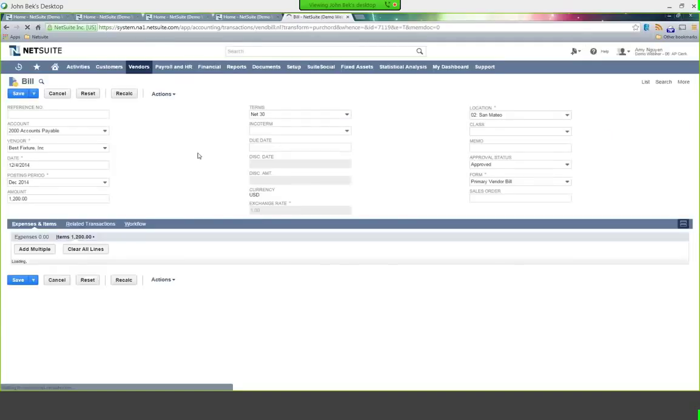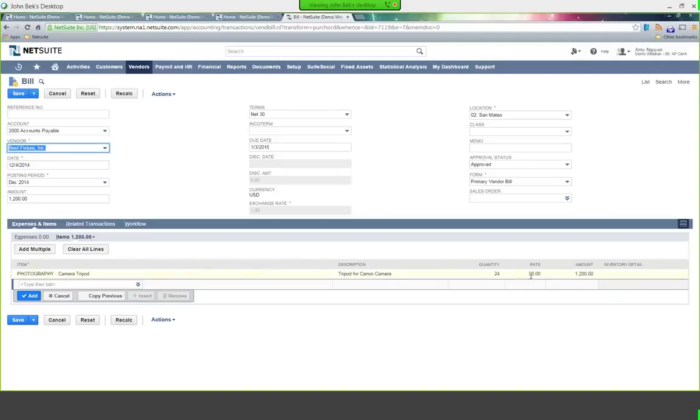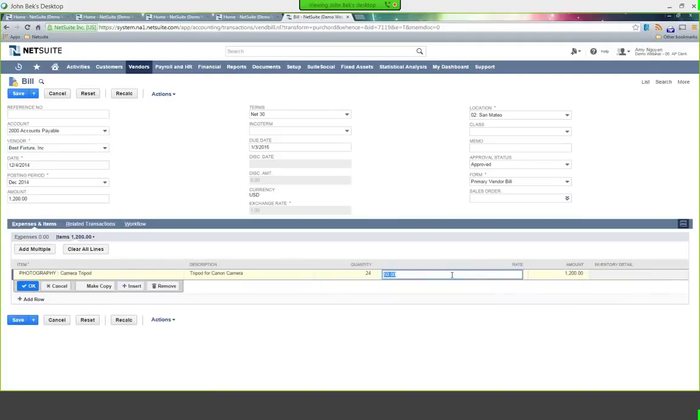And it's at that time when I have the ability to come in here and override, potentially do some AP PO matching. So if, for example, they billed me $51 instead of $50, I can capture a pricing variance at that time. So very simple, easy flow. I start from the PO, I convert it into an invoice. Again, this could be for one PO or multiple POs.